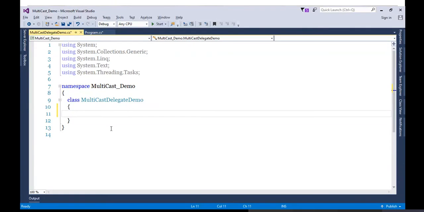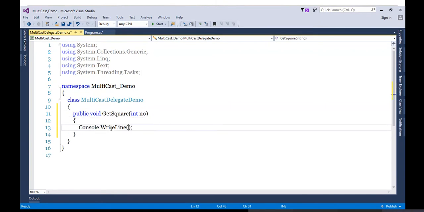I will write multiple methods here. First up, public void, let's say GetSquare, int number, and we'll simply display the square. So what will we write? Square is number into number.